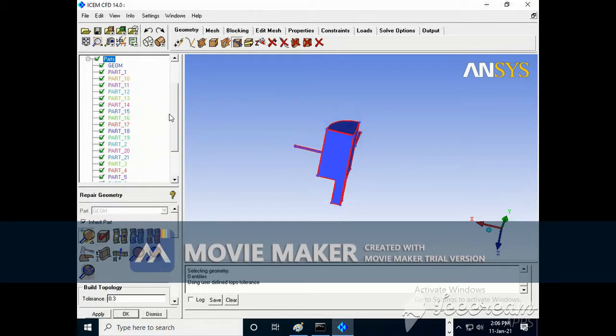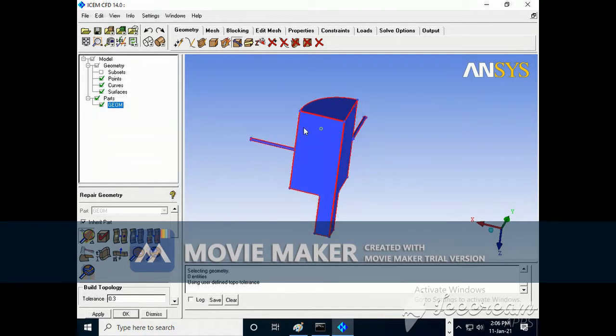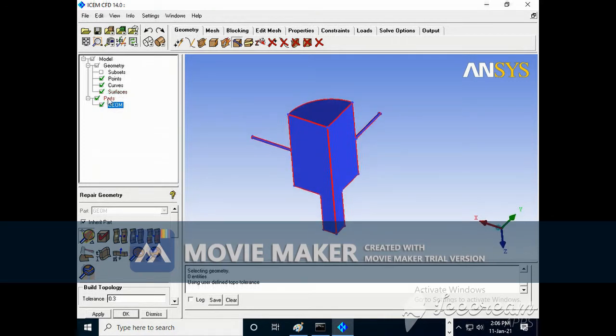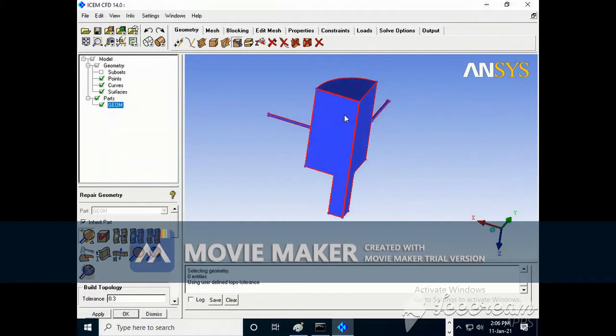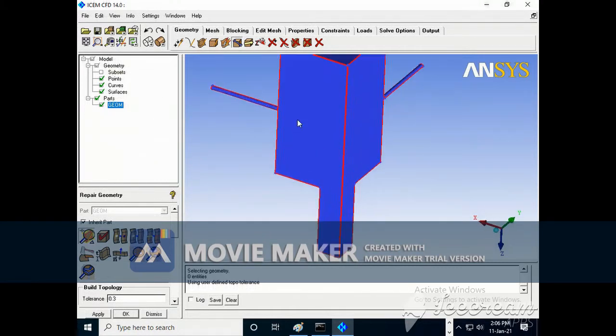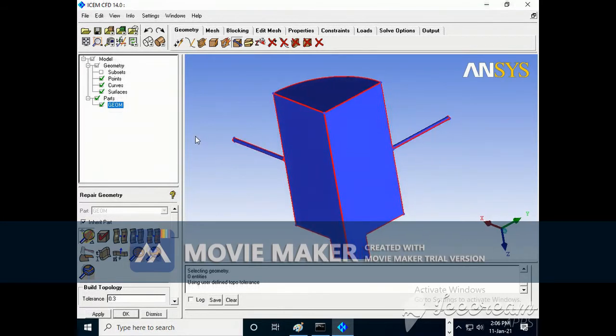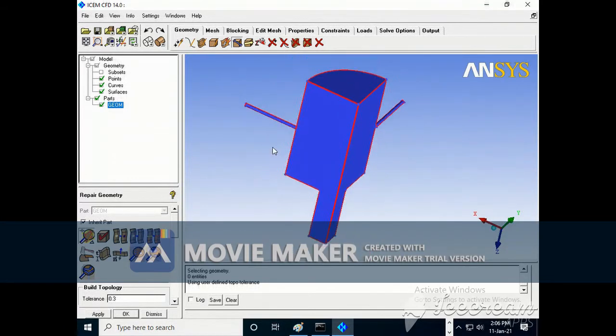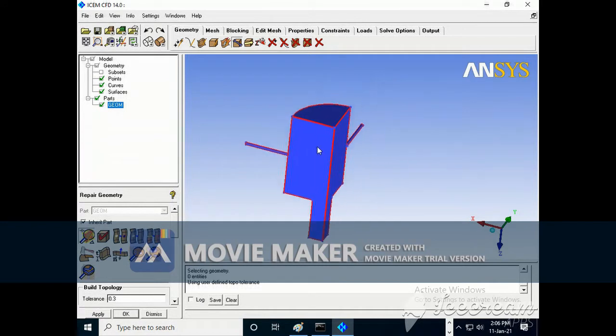Now you can see there is no requirement for the other parts. Likewise I have done it, and then you can give the labels. It means once you import, by default it can give you different parts for different lines and different surfaces. So one needs to clean those things.